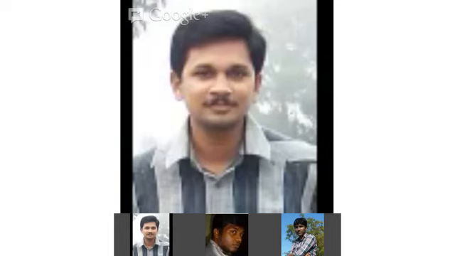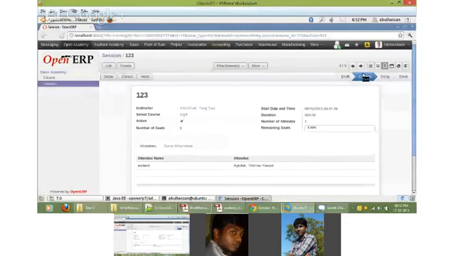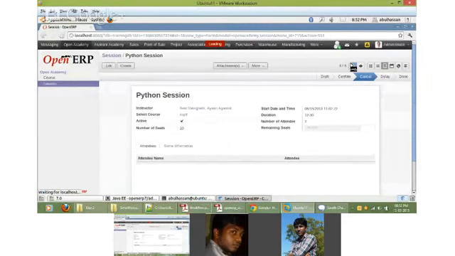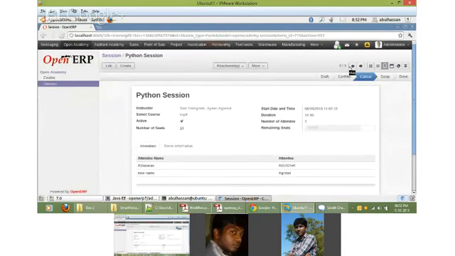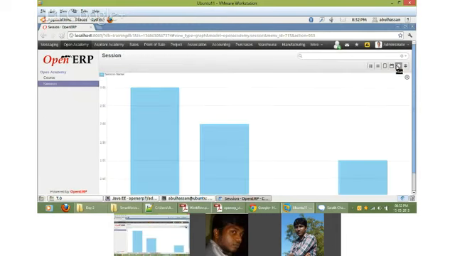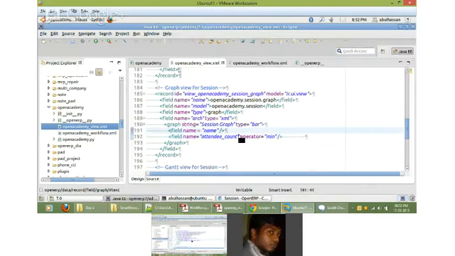Here the number of attendees is 1, and here it is 2. That is why in graph view it is 3.